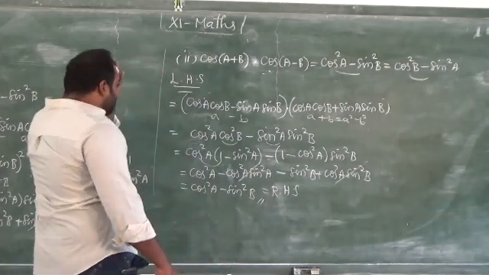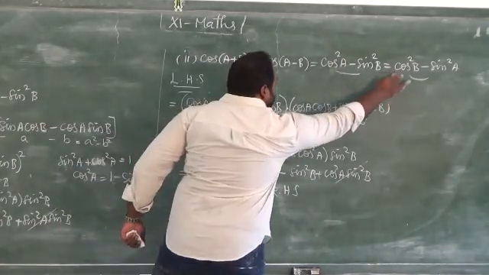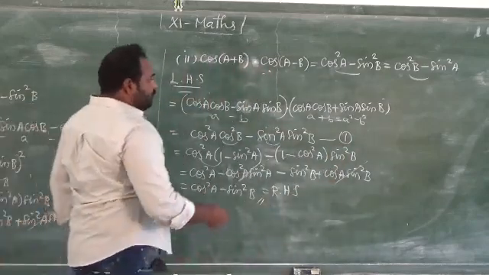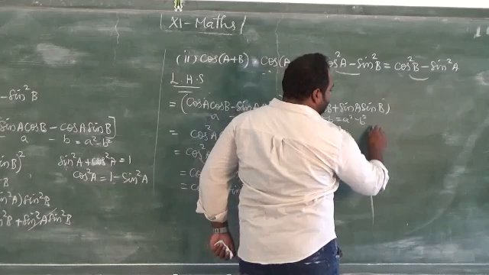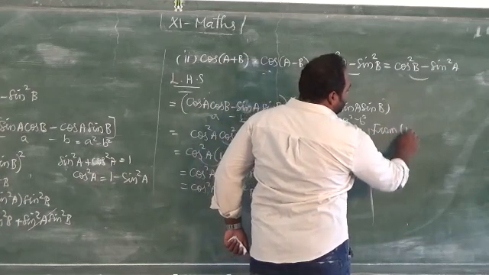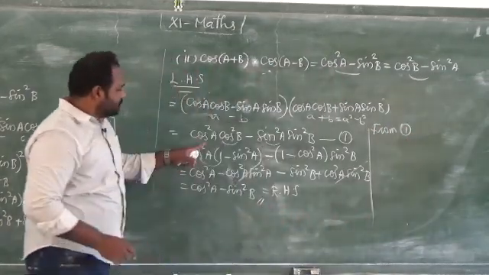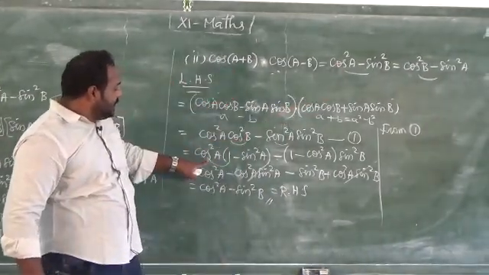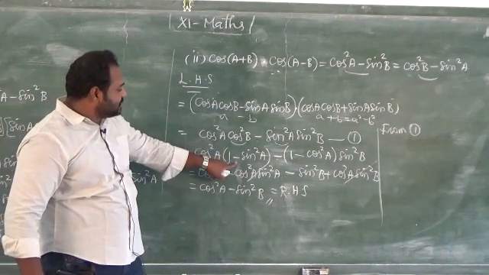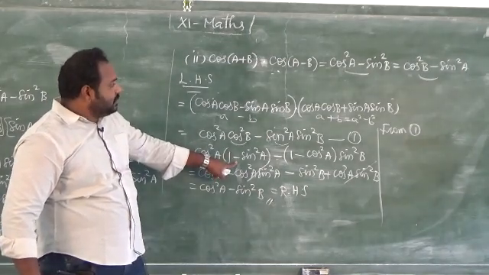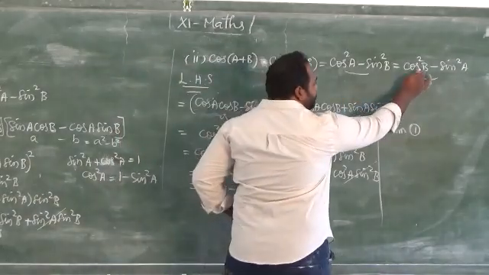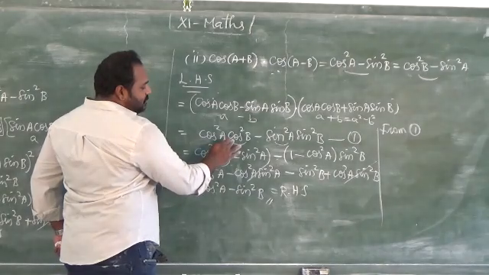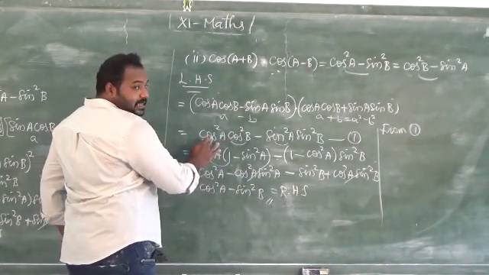We have another part. So this also we have to prove. So here you can take it as 1. From 1, in this term, here we have cos square b as the first. So what I am going to do is keep cos square b as it is, and I am going to make changes in the cos square a.